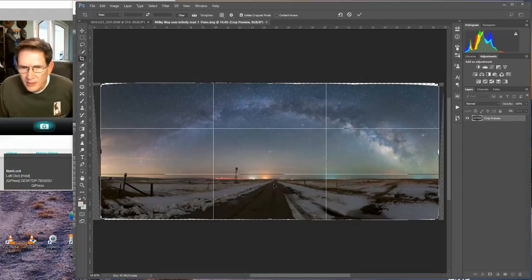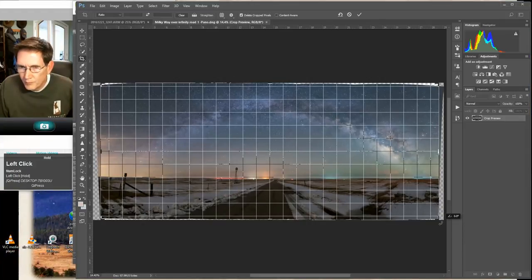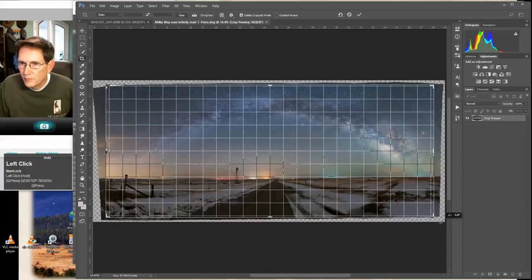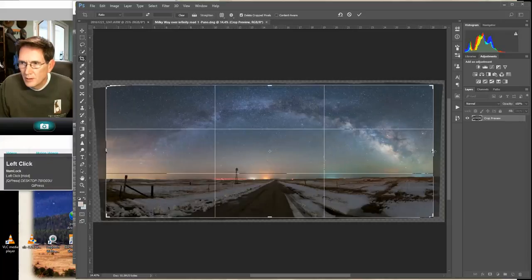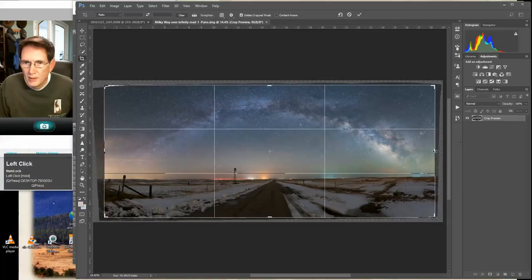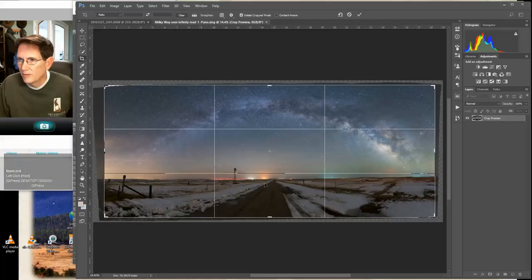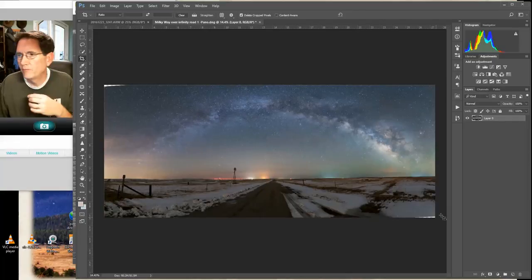I'm wondering about this horizon. Is it perfect or does it look just a little off? Could it be just a tad off? Let's see. That does look a little straighter, doesn't it? All right. That does look a little straighter. So I'm going to use that, and look, this is right at the center point of our infinity line. Life is good. So I'm going to hit enter, but you're saying, hey, wait, what about those ugly things over